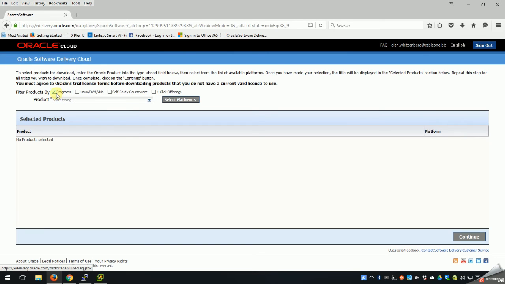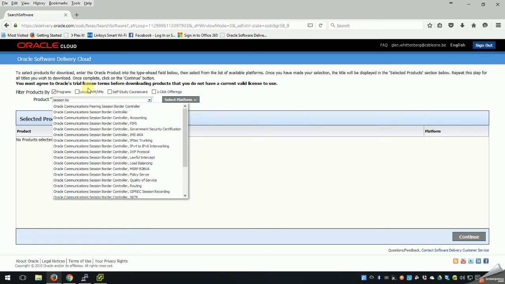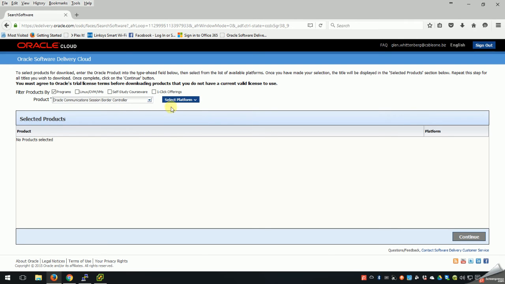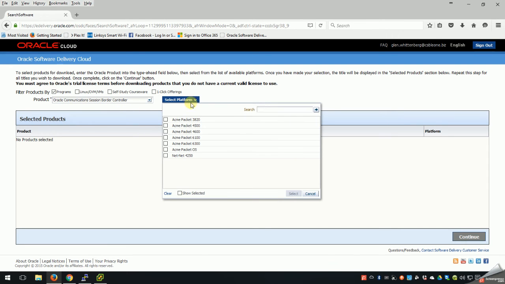From here, I think you can just leave programs on, and if you type in session BO border controller, it's this one right here, the second one down, not the peering, and not all these other ones, but that one right there. So you click on that. You select your platform, and it's the Acme Packet OS only. It's not the images to put on their hardware, the 3820, the 4500s, etc. So you want to click that one, select,